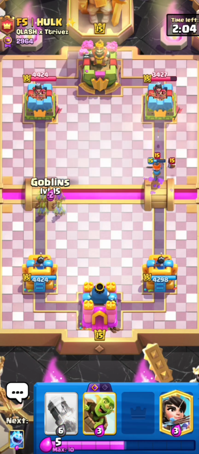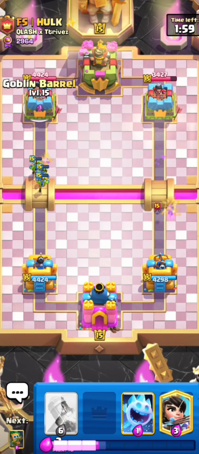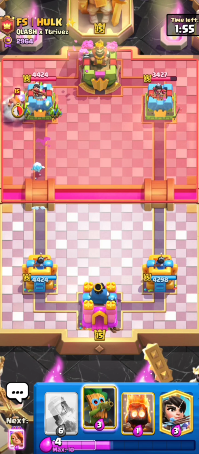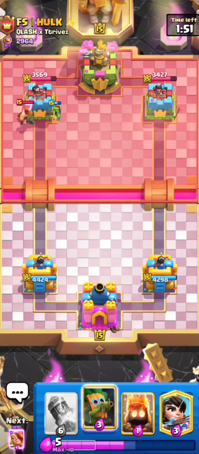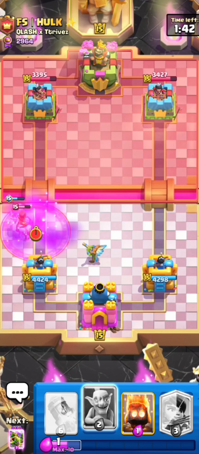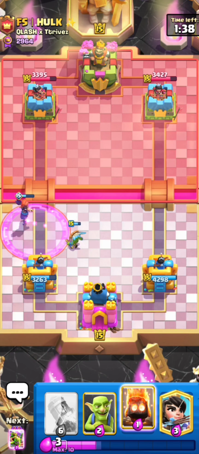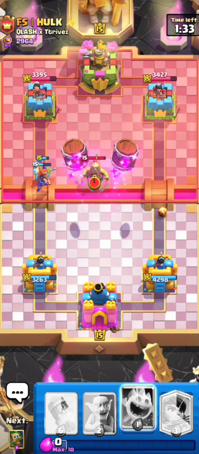If he has the Goblin Curse, he might not even have the P.E.K.K.A. I was expecting P.E.K.K.A. from him, but it would be very weird anyways, since he has the Lumberjack, right? P.E.K.K.A. doesn't normally run with the Lumberjack, unless he has P.E.K.K.A. Lumberloon, a deck that also Anaban used to play quite a lot back in the day. But yeah, since he has the Goblin Curse also, it's probably just a bridge spam deck without the P.E.K.K.A. So yeah, I'm just gonna be going for the Evo Barrel now,